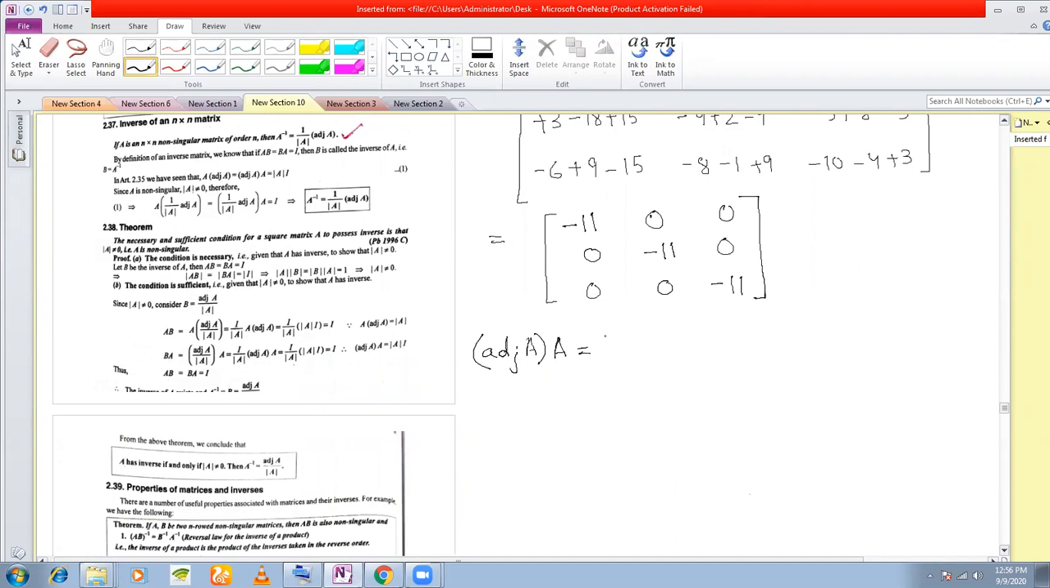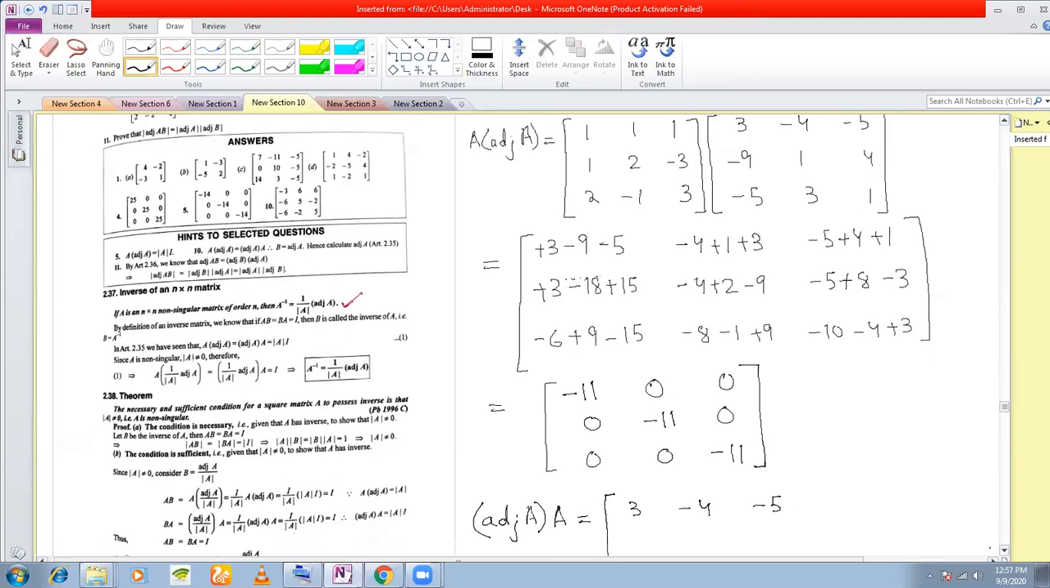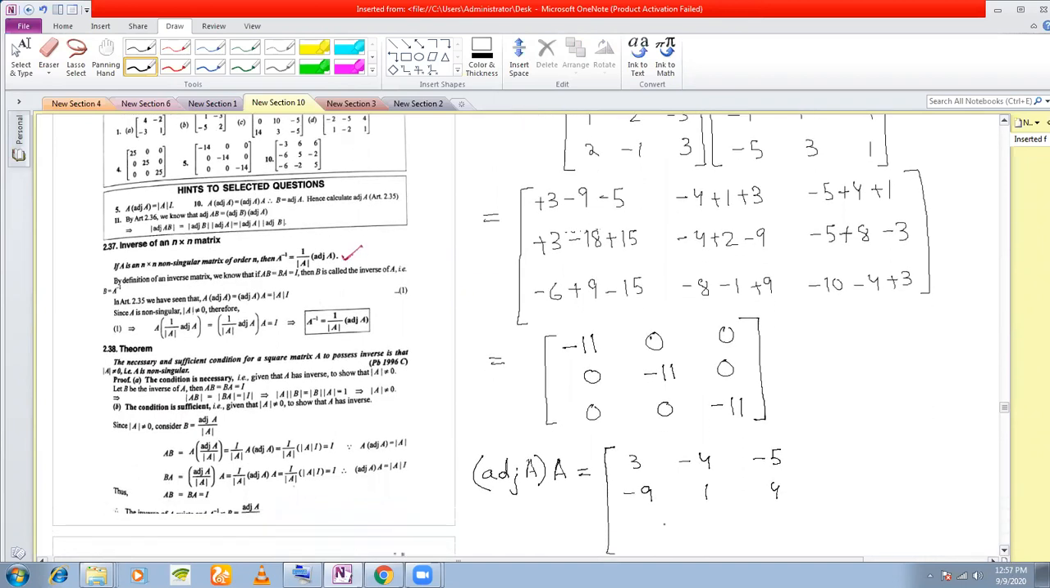I keep this as your exercise. Check it, you will get the same. Adjoint of A here is 3, minus 4, minus 5; minus 9, 9, minus 1; 1, 4, minus 5; minus 5, 3, 1. And the matrix A here is